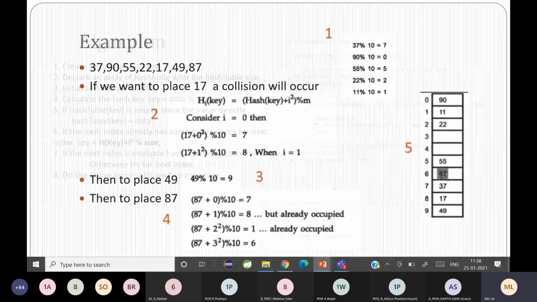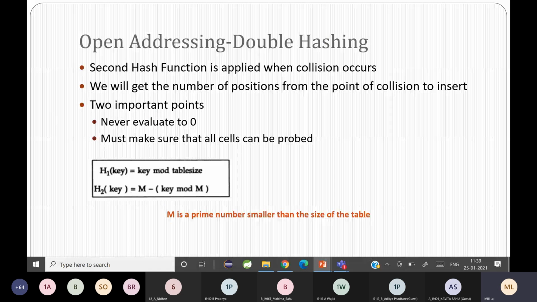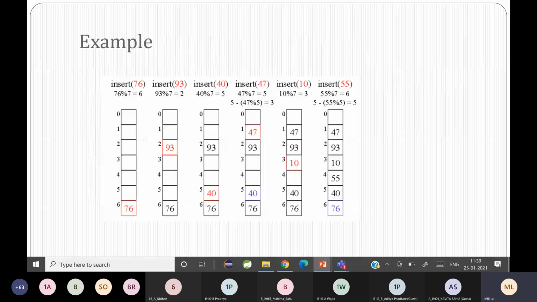Then we have the comparison between linear probing, quadratic probing, and double hashing. Then we talked about the disadvantages and advantages of separate chaining, which we missed out. And then we have the comparison between separate chaining and open addressing.